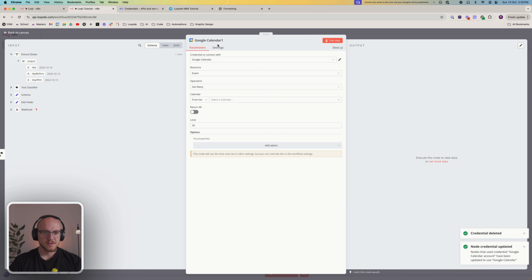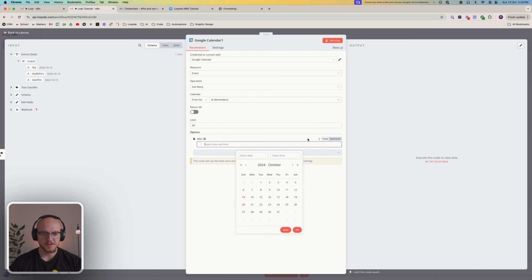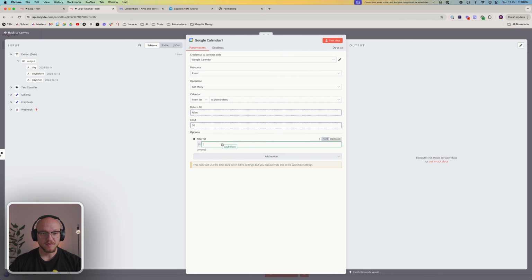Okay. So this is just Google Calendar. We want to get many events from our AI reminders. Now you can obviously change this to be what you need, but we're going to get many from AI reminders, but we're going to set some options. We're going to say after, and this is where it's a little bit confusing. We want to get after the day before,